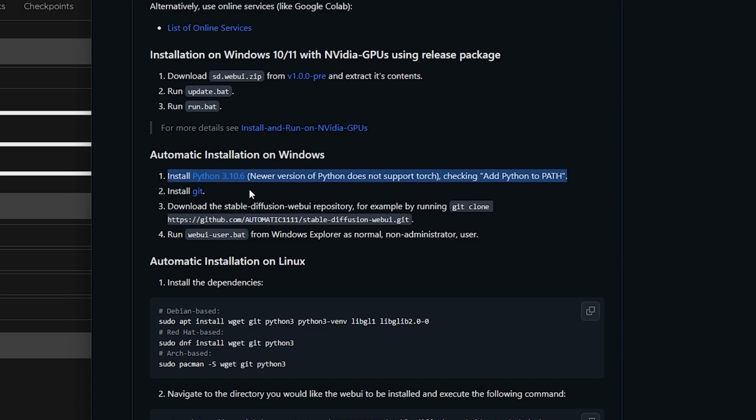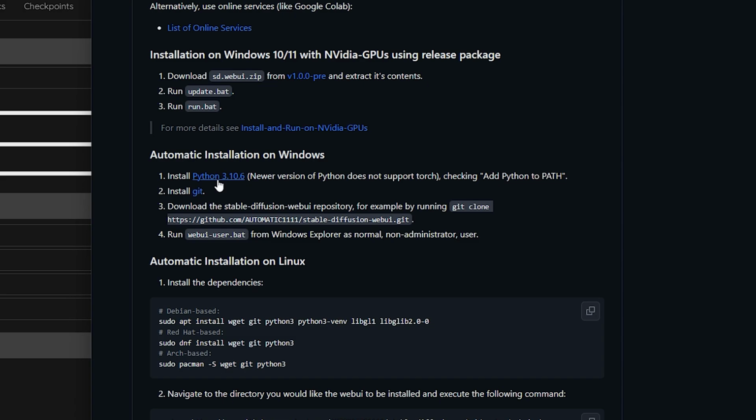However, this dependency may change in the future, so do make sure to check the GitHub page, but this link right here on the GitHub page should always link to the correct one. So just follow this link and it'll have an installer. Python is just the programming language, so this is an API slash redistributable package that allows programs to use Python